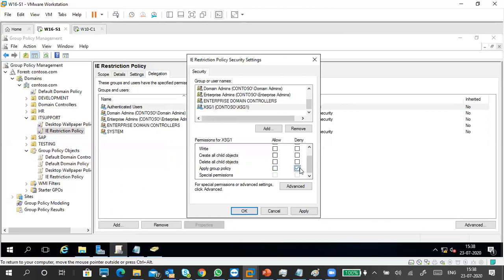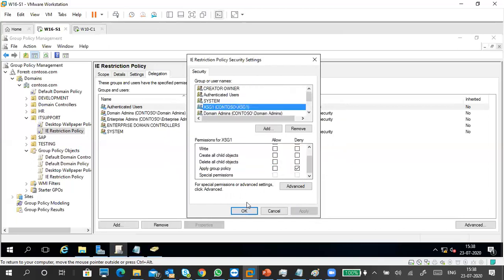The policy won't apply on them, on the members of this group. Okay, I denied it. Can you see Deny? Apply group policy, Deny, check mark.